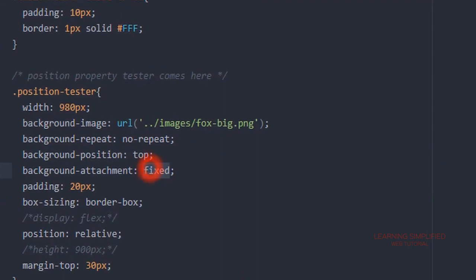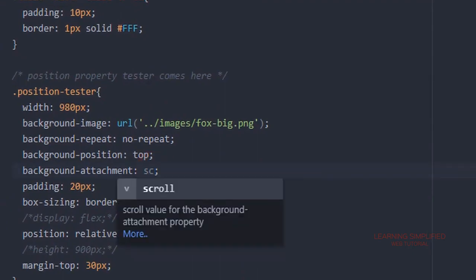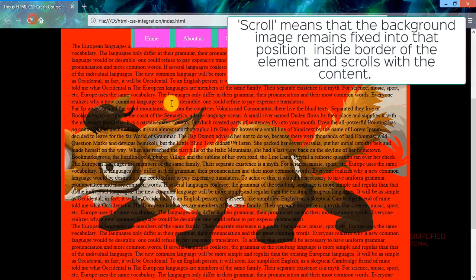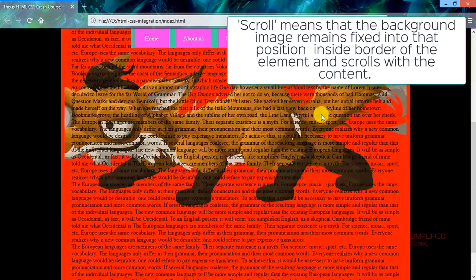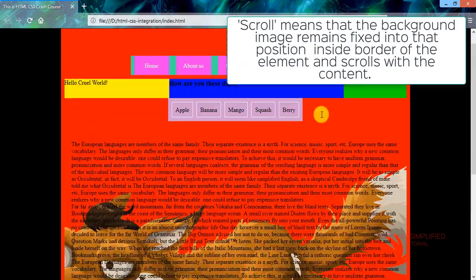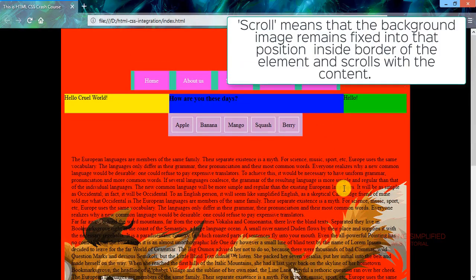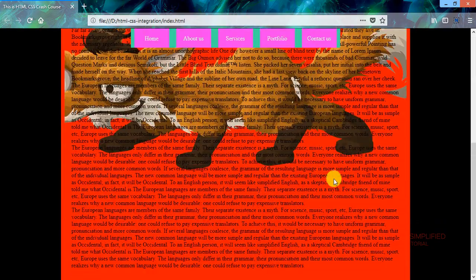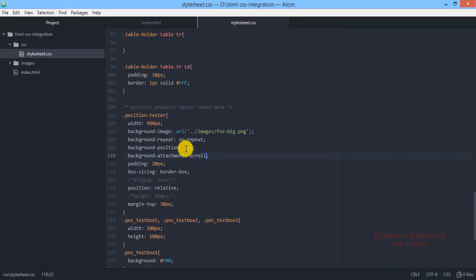In the next case, instead of fixed, all we are going to do, we are going to use a scroll command. Get back to your project and reload, and we can see that this entire image along with the div element is now scrolled up or scrolled down. So this is the property of scroll if we use scroll over here.